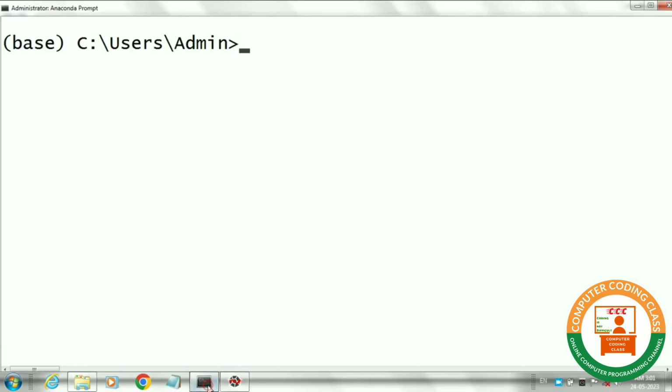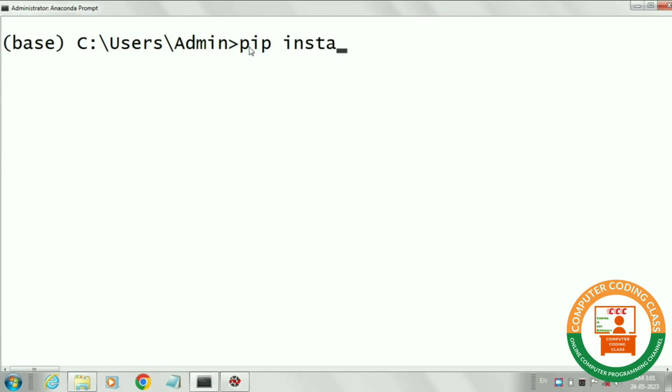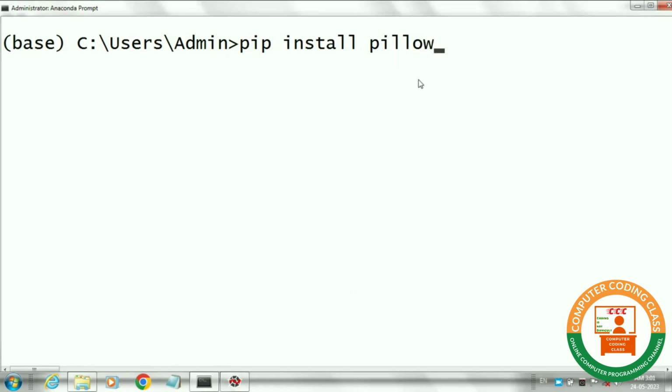Let's start. First of all, we will install all necessary packages. Here I am using Anaconda command prompt for installation. First, our package is Pillow, which we will use to convert our image from one format to another format. Here I am using the pip manager. You can also use the DOS version, it means DOS command prompt, for installation. Second package is OS, the operating system package, and third package is glob package for file handling.